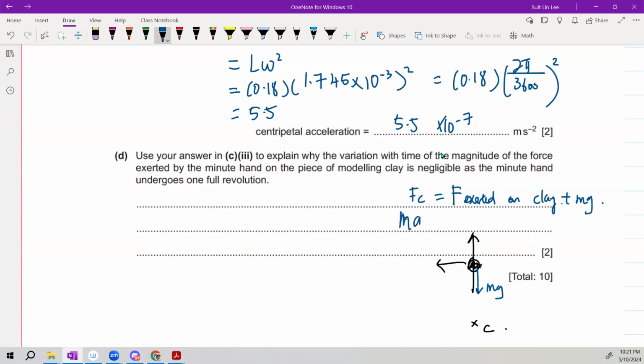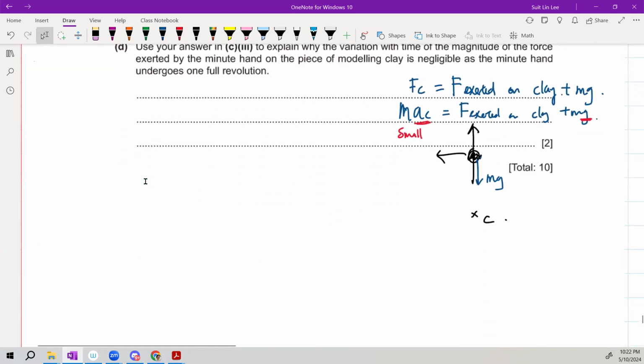So this one would be mac. This is the force exerted on the clay. Because this ac is very small compared to g. So if it's very small compared to g, it really means that it is negligible. Maybe it'll be easier for you to visualize